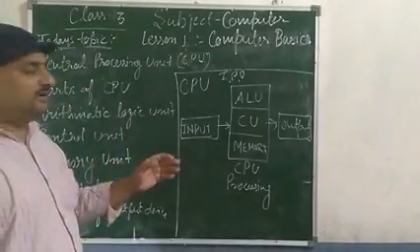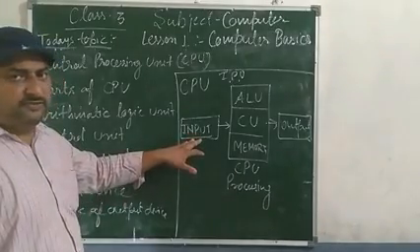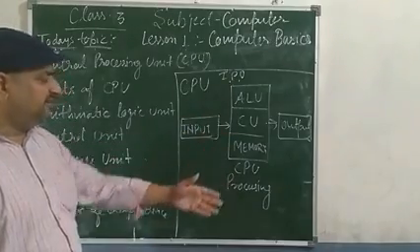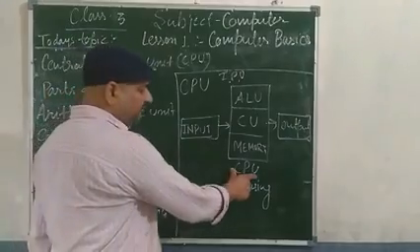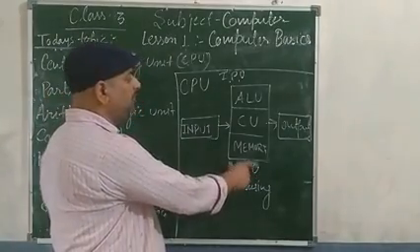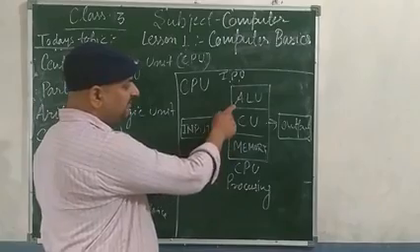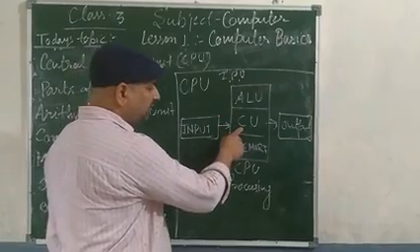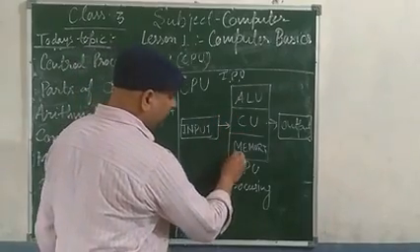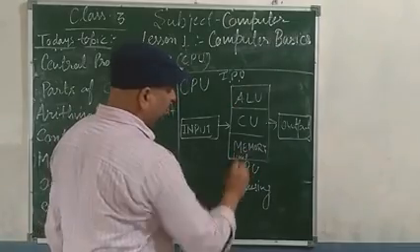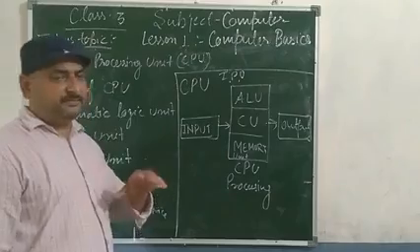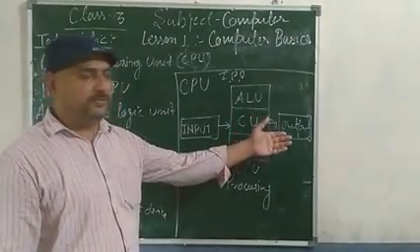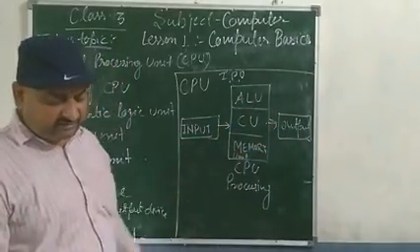When we perform any work, first the system takes the input from the user, then sends it for processing. So where is the processing going on? Inside the CPU box. The CPU has three parts: ALU, arithmetic logic unit, control unit, and memory unit. After completing the processing, the system produces the output and shows it on the monitor screen.